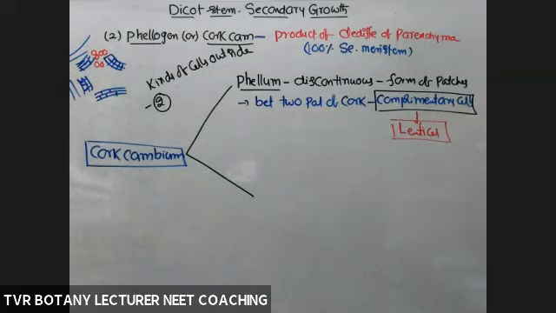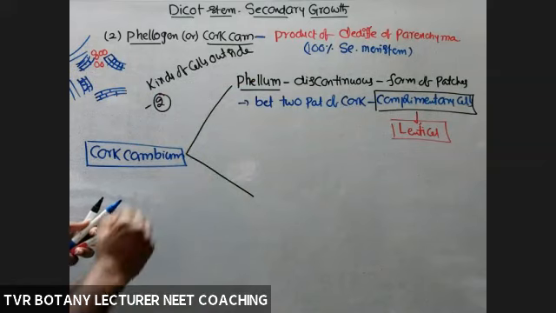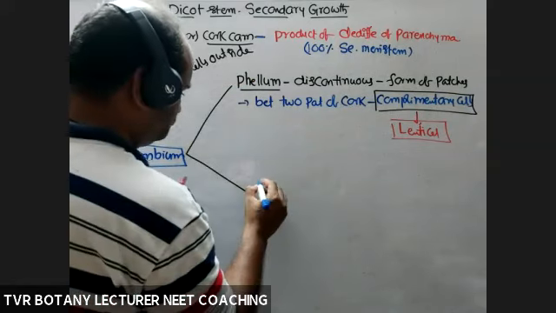Remember that. And what about the characteristics of phellem or cork? Suberized, dead tissue, compactly arranged, impervious to water and exchange of gases. The internal tissues are in living condition, and for respiratory activity of internal tissues, O2 is compulsory. That's why complementary cells are produced within the phellem here and there. So that's about phellem, lenticel and complementary cells. And towards the inside, a completely living tissue, that is phelloderm.